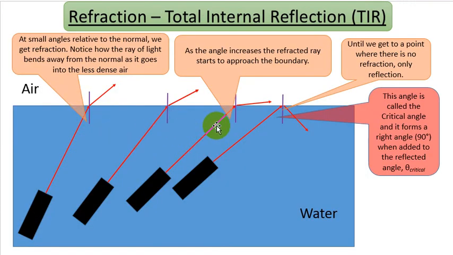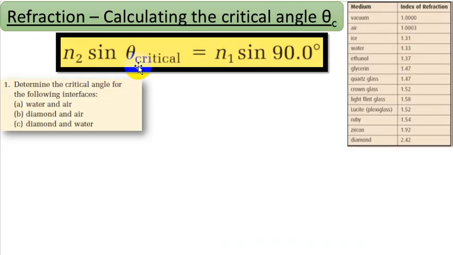Look here, when the light travels, this angle will be a critical angle when the refracted ray is roughly equal to 90 degrees. So we can consider that the second angle is equal to 90 degrees, and by the equation of Snell's law we can find this critical angle. Okay,